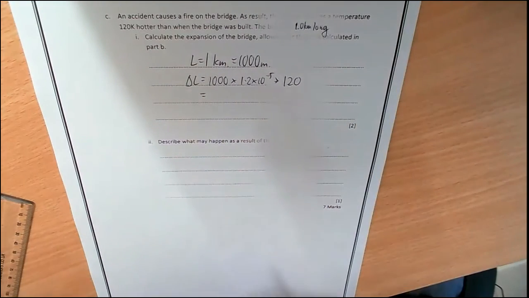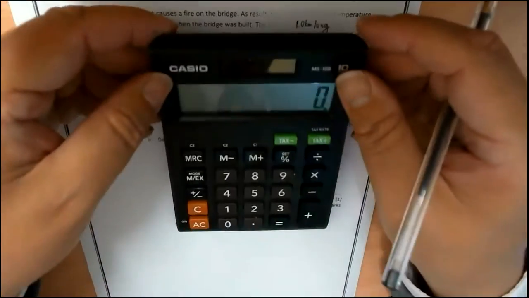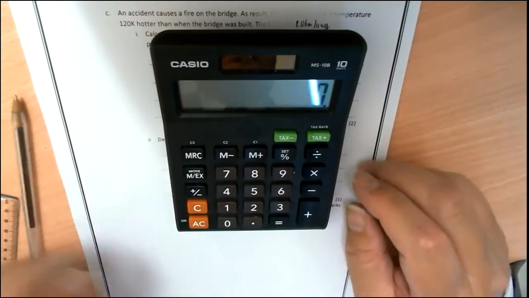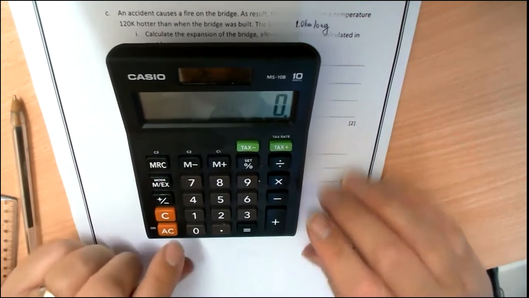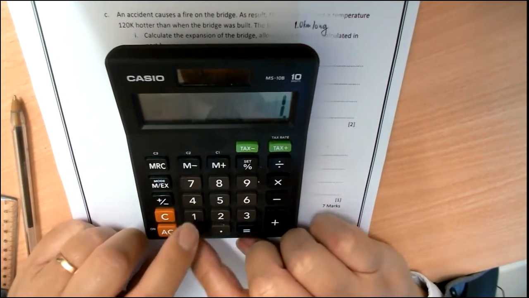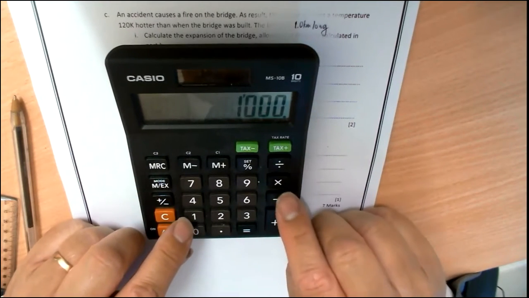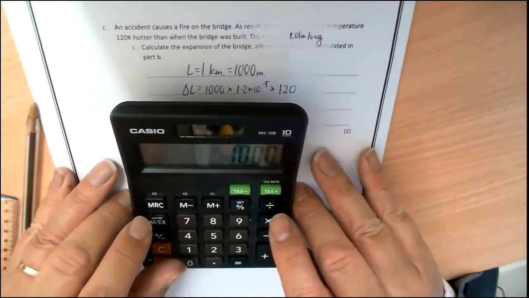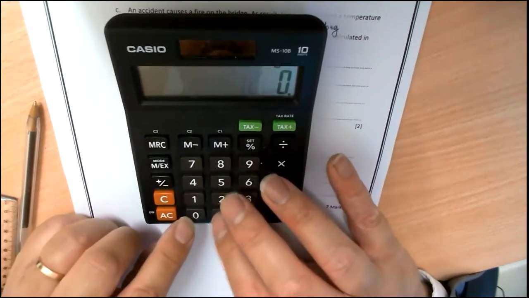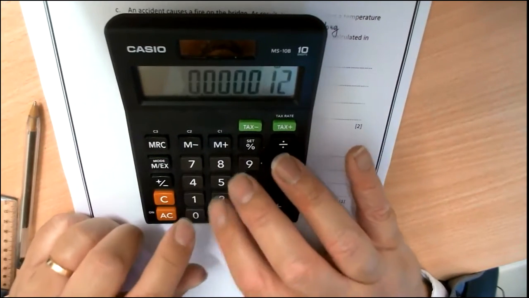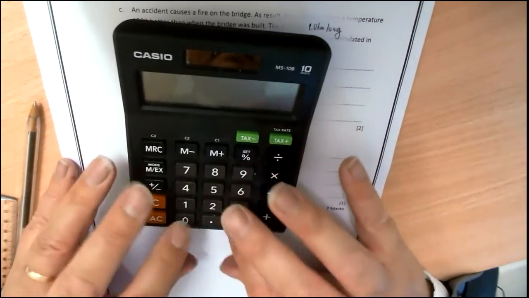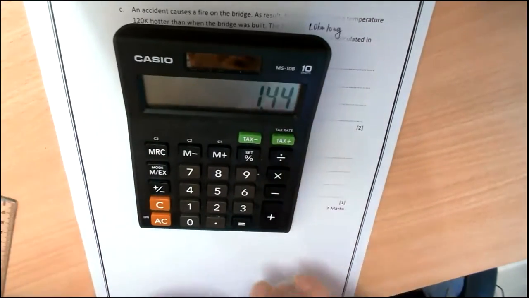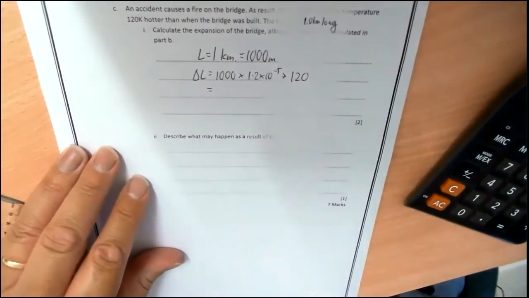So let's see how much the bridge would expand by if it wasn't for the gaps, first of all. Now, it's 1,000 multiplied by 1.2 times 10 to the minus 5, multiplied by 120. So it expands by 1.44 meters